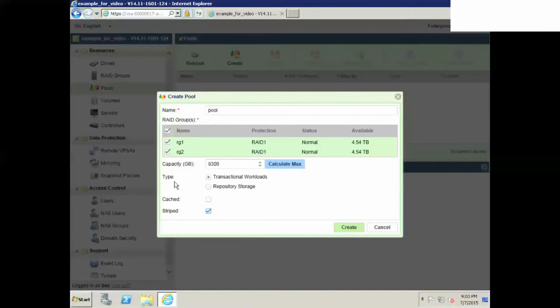We can also choose which type of workload you expect to use. Transactional is small transactions like a database backend. Repository is if you've got larger files and you're expecting a lot of reads there. There is also the option of